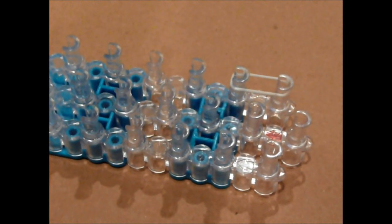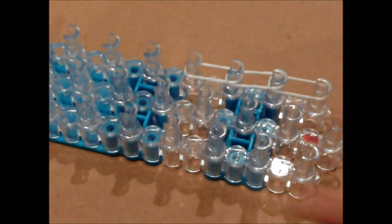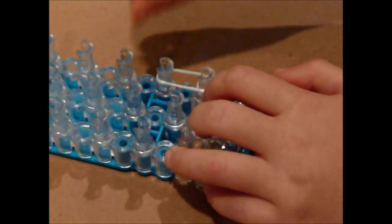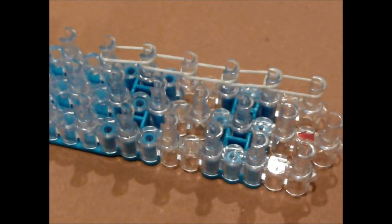So now we need to add the extension. So take a white rubber band, not from the arrows, but from the row right next to the arrows. Put it from the first one to the second one. It's not going to be the zigzag kind like we do in the regular one. We're just going straight ahead. So if it's for somebody big, use probably like 6 rubber bands, or if it's for someone little, use like 4 or 5. So I'm going to use 5 rubber bands like that,